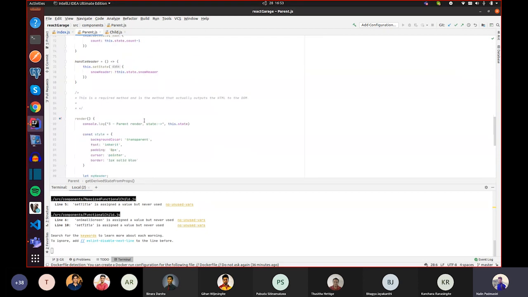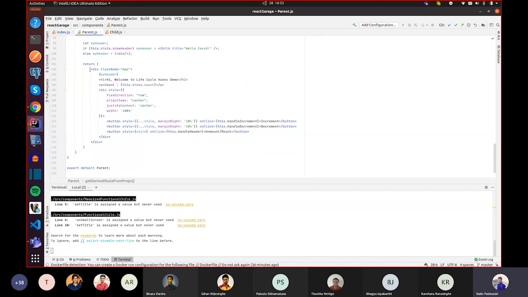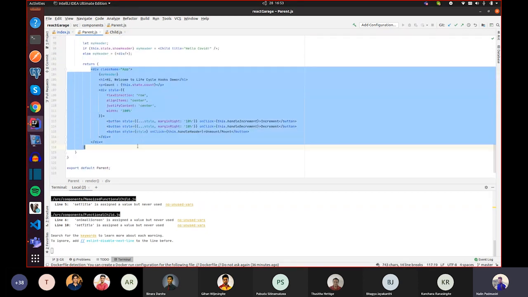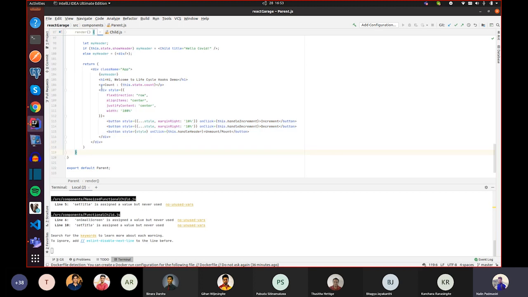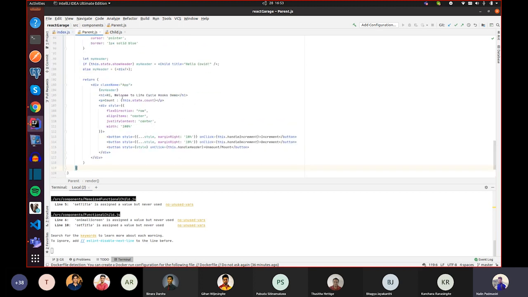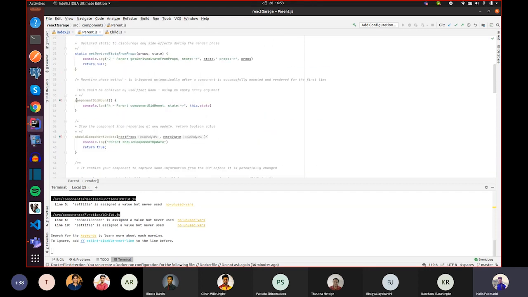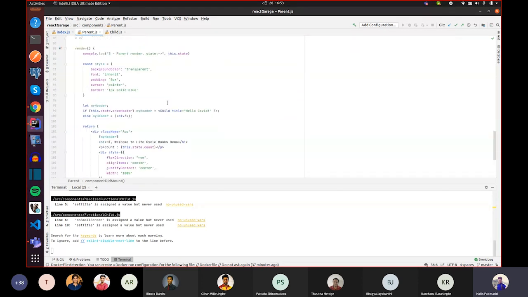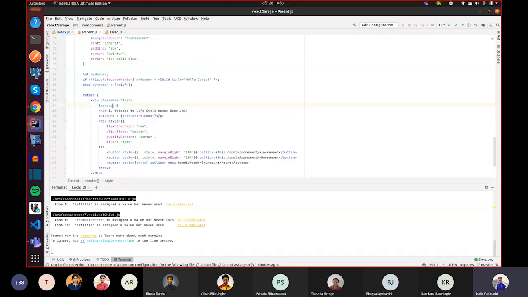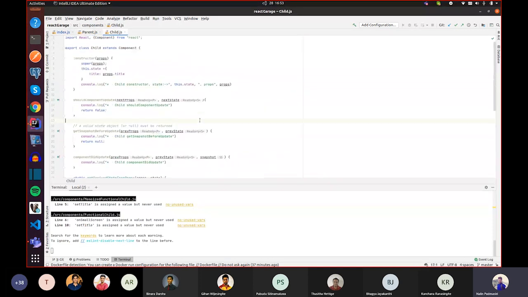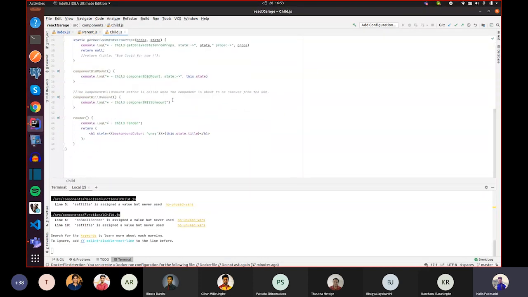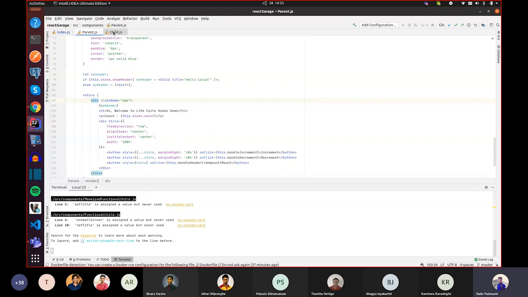And the third function will be the rendering part. Here, this is the JavaScript XML code which we write as the component, using your custom components or the predefined tags. And the componentDidMount function will be called right after the first mounting of the component to the DOM. Also I have included another class called child, and it will be rendered here. It also has the same methods defined as in the parent class.